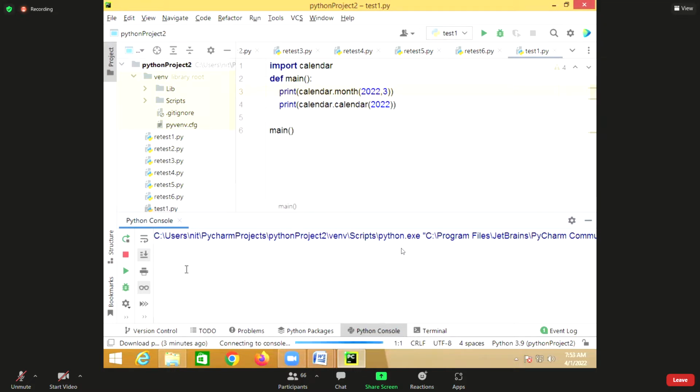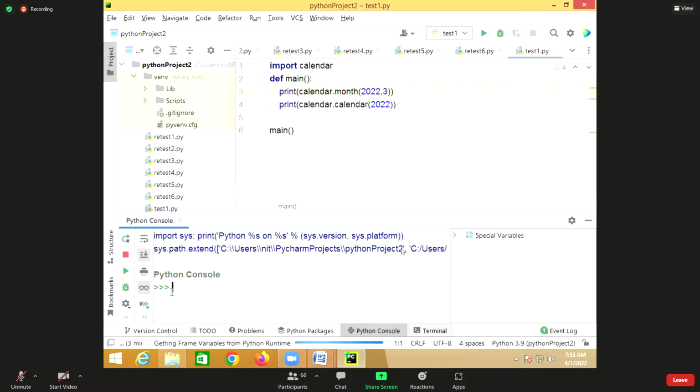Terminal means DOS, so open the Python console and you can start working in interactive mode.